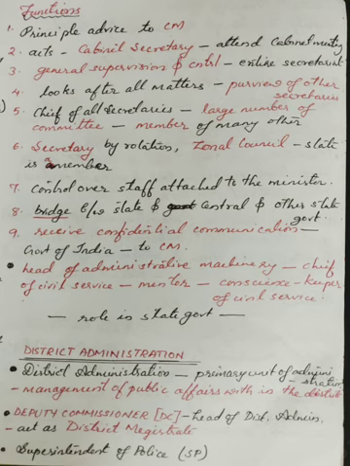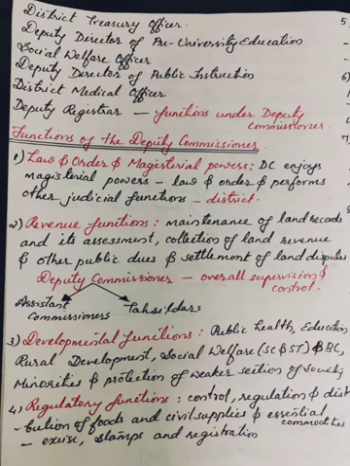So this DC also acts as a district magistrate. Here let's see some of the officers that come under the jurisdiction of the deputy commissioner. They are the superintendent of police, that is SP, district treasury officer, deputy director of pre-university education, social welfare officer, deputy director of public instruction, district medical officer, deputy registrar, and others. So let's see what the functions of the deputy commissioner are.